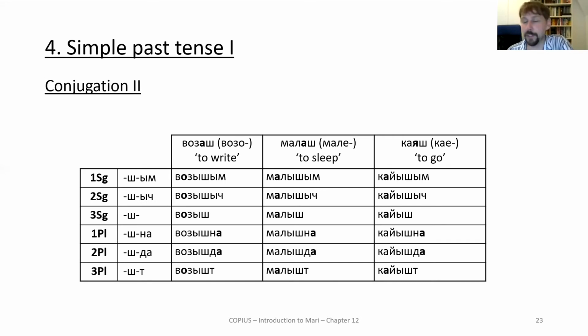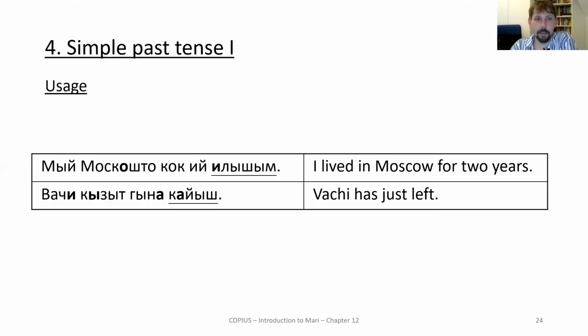And yeah, we have no irregularities or anything like that in the second conjugation. It's easy here and predictable, straightforward. Okay, about the usage of the simple past tense 1, we'll get back to this once we have met the simple past tense 2, but it is